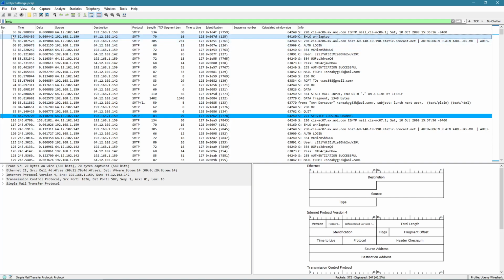Line 57, EHLO and laptop. I think 159 might be Anne's laptop, but here we have some login stuff, so let's go ahead and